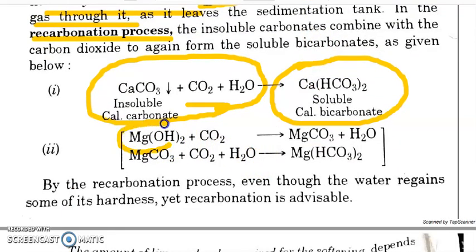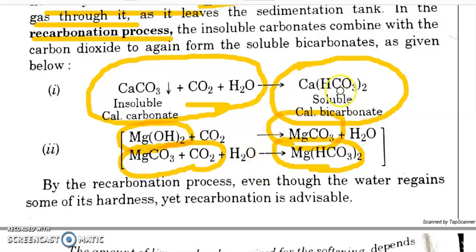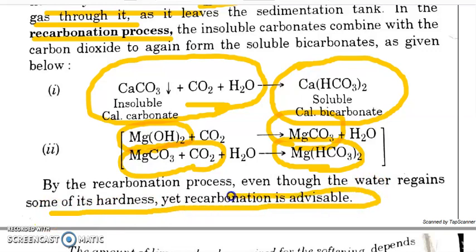And similarly, magnesium hydroxide, which is an insoluble precipitate which is removed after softening, is going to react with the carbon dioxide and get converted into magnesium carbonate. This magnesium carbonate once again reacts with the carbon dioxide gas and gets converted into magnesium bicarbonate, right? So in this process, the calcium bicarbonate and magnesium bicarbonate which are produced are soluble and can easily get dissolved in the water. So therefore, by the recarbonation process, the water gains some hardness, but it is not a problem because